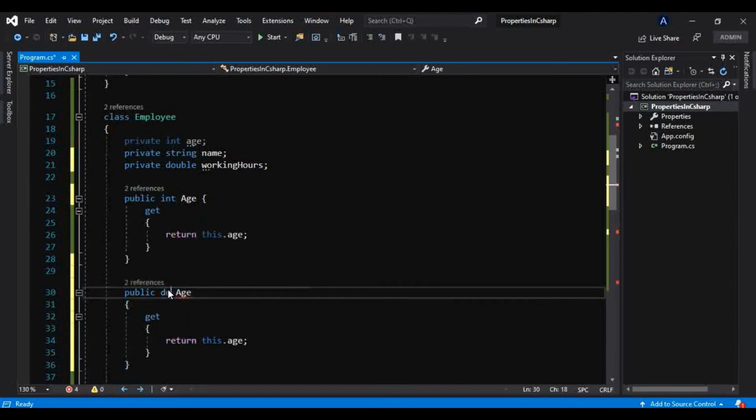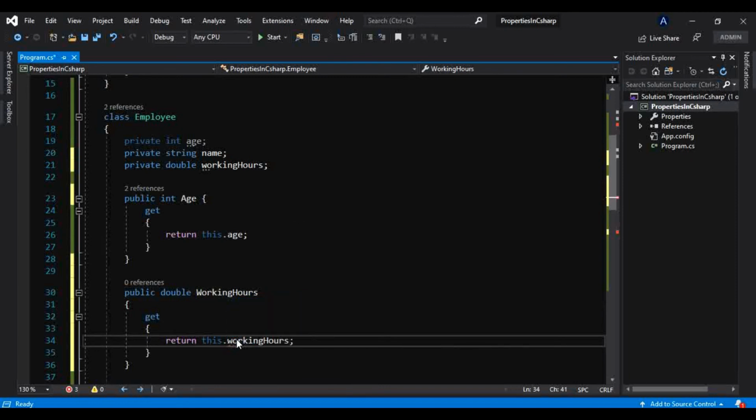We know that the return type will be double, and the property name will be working hours. In this case, we only want to return this value, which is already initialized here. If the company has decided that working hours will only be 9 hours and not more than that,